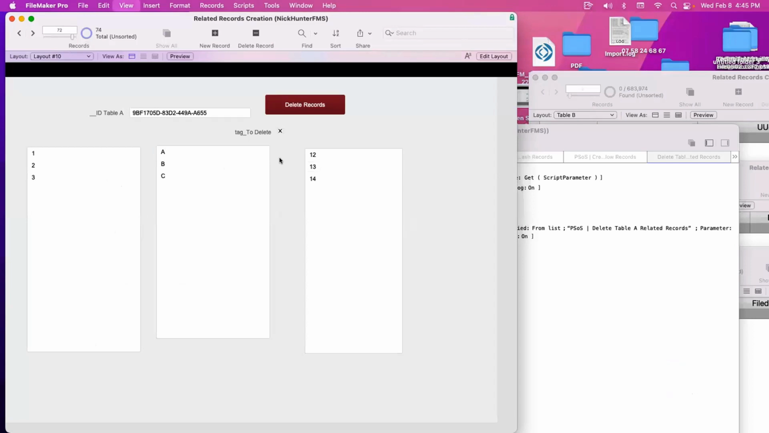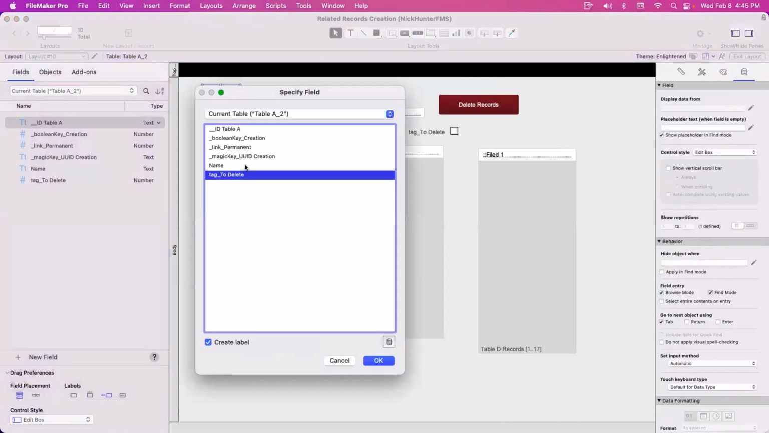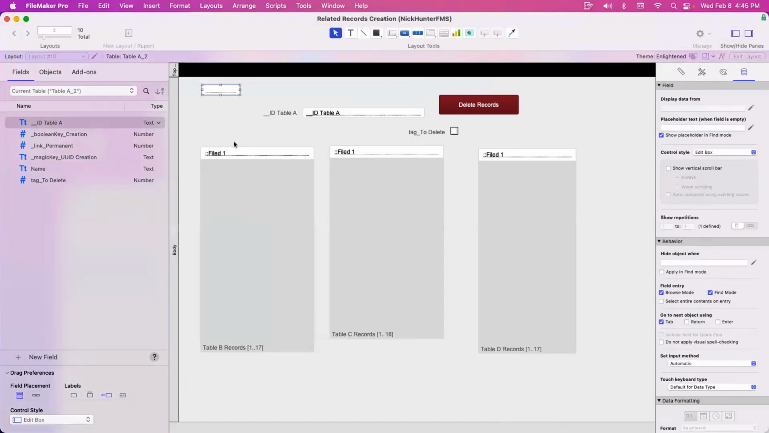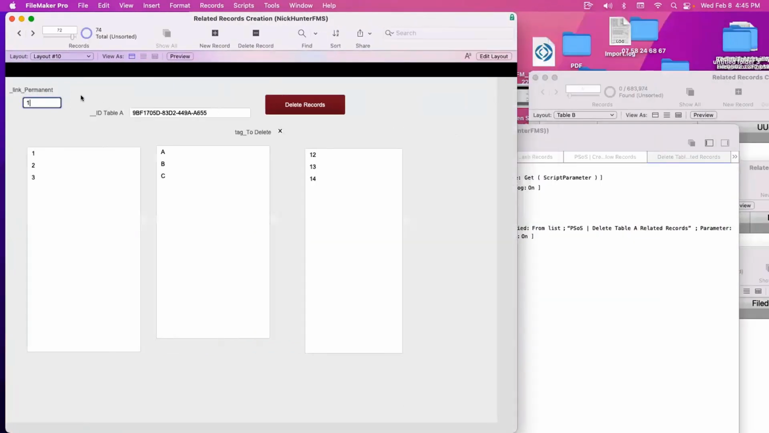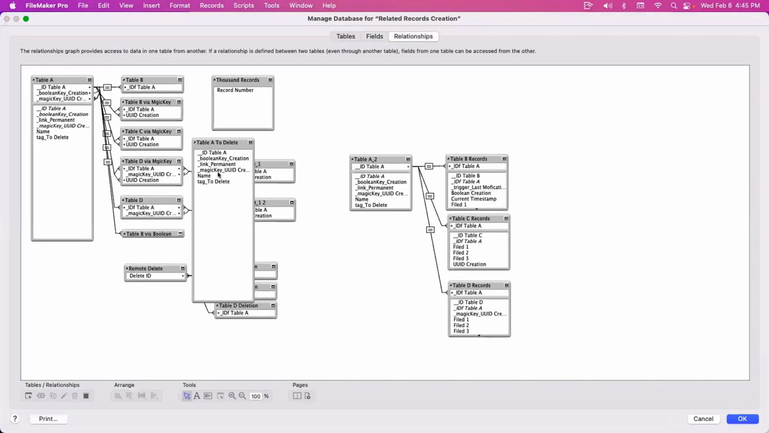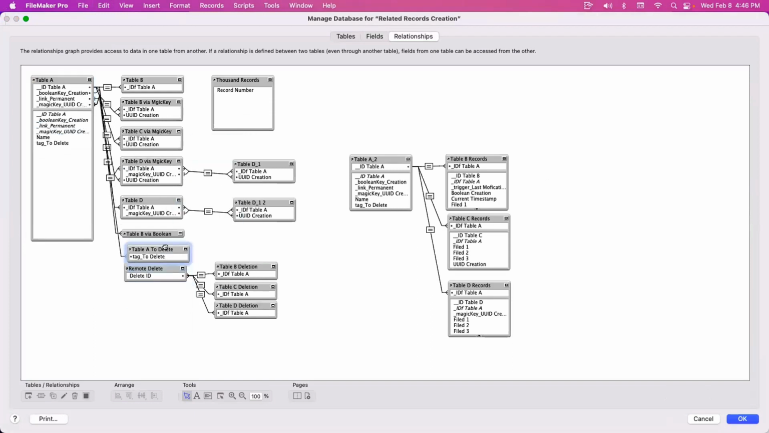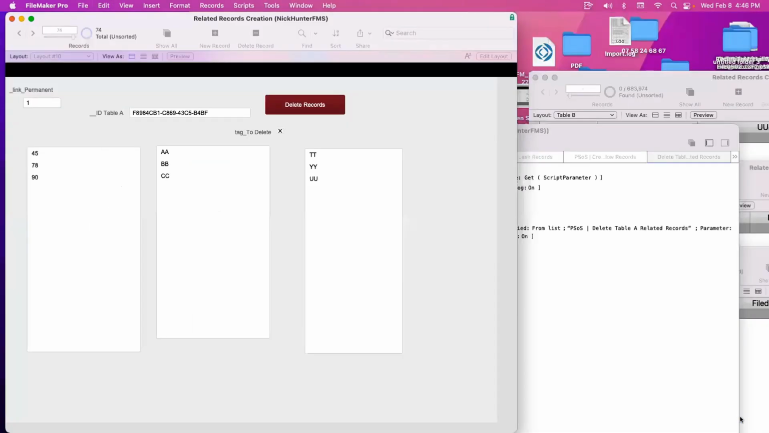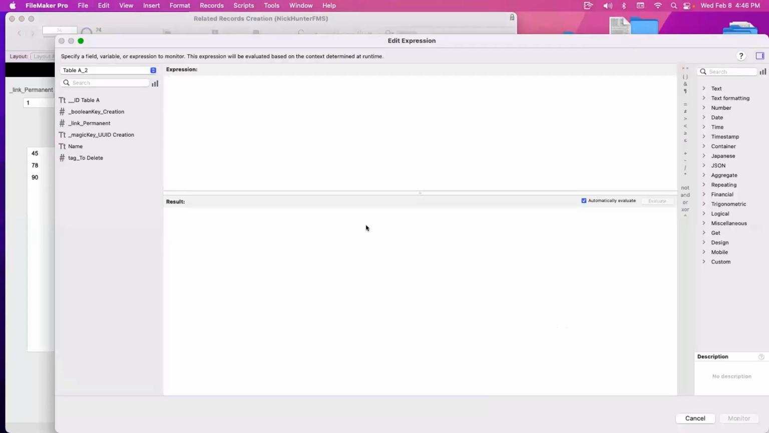So in that field, the permanent link, I always have one, and all the records have one. It's a global field. So now I'm linking this permanent link with the tag to be deleted. Now I have the way, thanks to that relationship, to know the list of